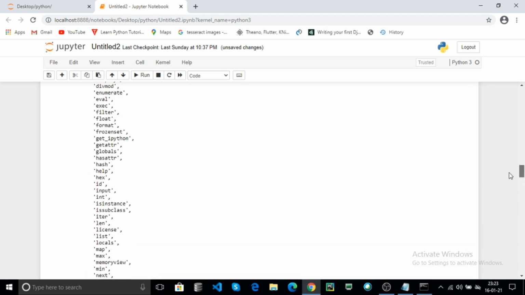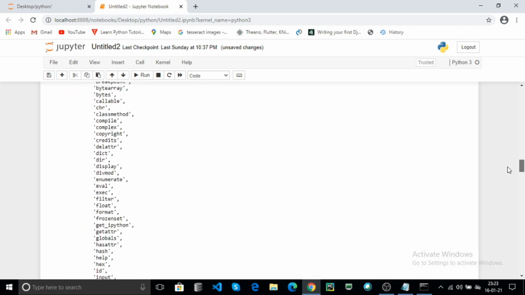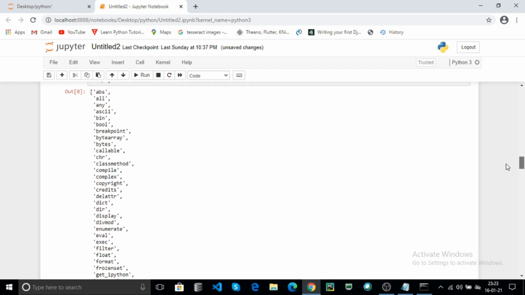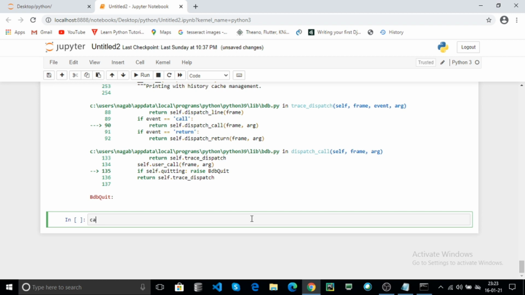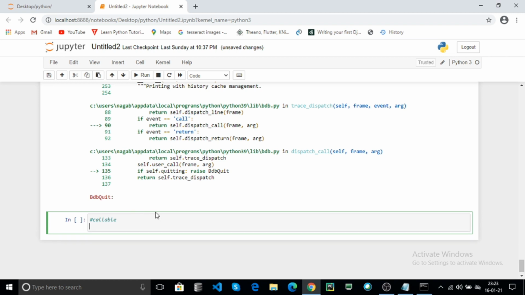The next built-in function is callable. Now what is callable? It checks whether you can call a Python object or not. Use the direct built-in function callable.